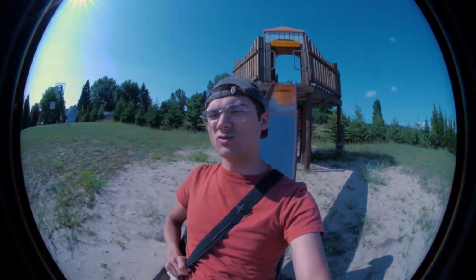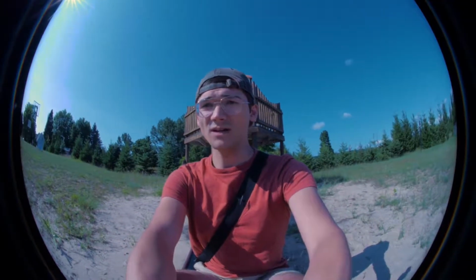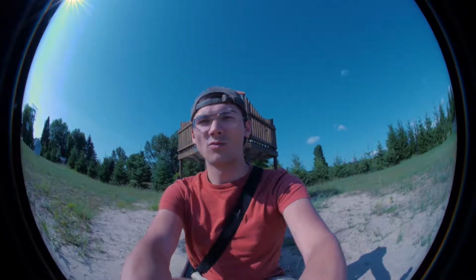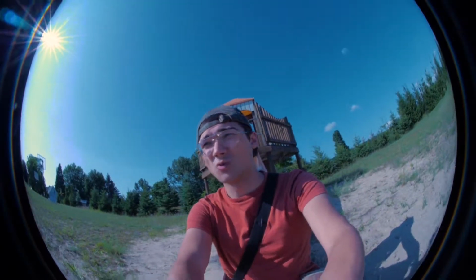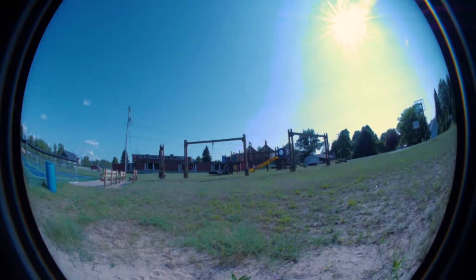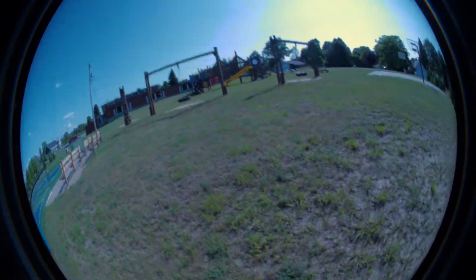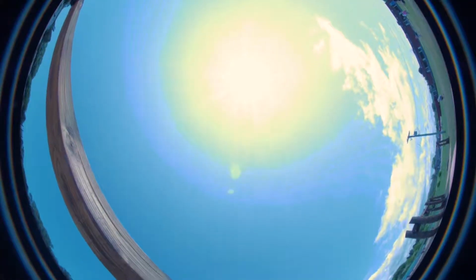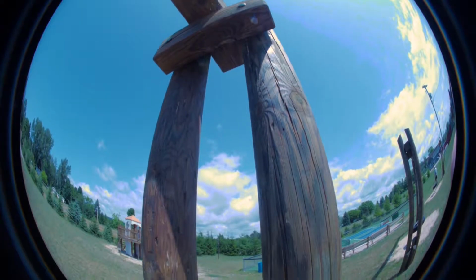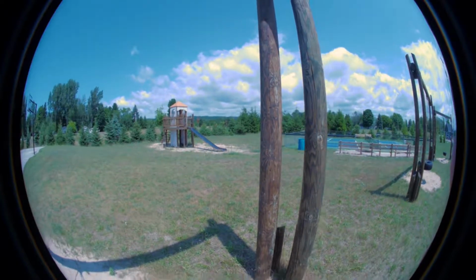And hopefully it's coming into clearer view as I slide down this slide, but perhaps you think we are going to be exploring a playground today, urbanly. Well, let me put some of those qualms at rest. What we're actually going to be exploring is, to my knowledge, an abandoned elementary school. Now, I could be wrong, but I'm fairly certain. I mean, it is the middle of summer right now, but I've never really seen any actual activity happen in this elementary school. So, as far as I know, it's been abandoned for quite a long time,